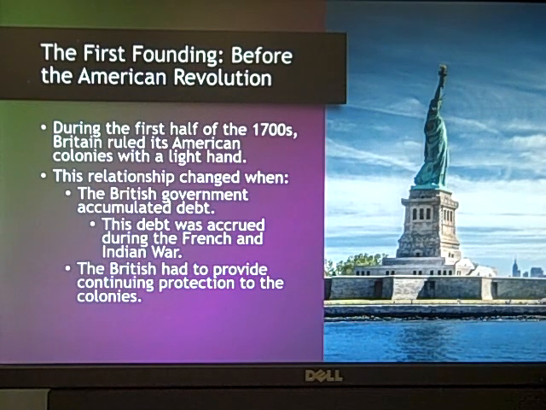Prior to the Revolution, we are an English colony. That means we are subject to rules and laws created by Parliament and the King of England. For the most part in colonial history, the British kind of left us alone. The actual British crown, the British monarchy, the British Parliament, they didn't do much to America. They essentially let America rule itself and self-govern.